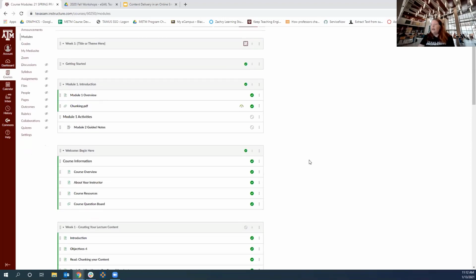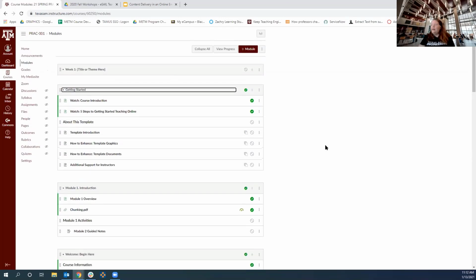I have another getting started area. This is something that I created myself. So it has kind of several things inside of it. One thing that I did in this course was I actually went into eCampus. I grabbed a course, I packaged it, and then I imported it into Canvas.